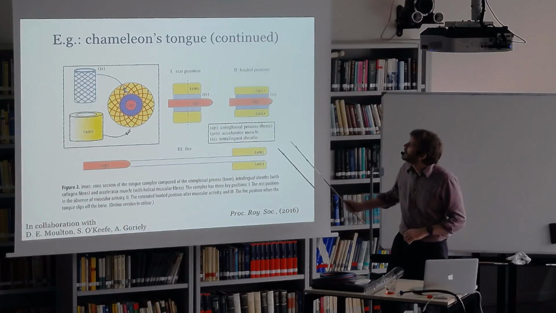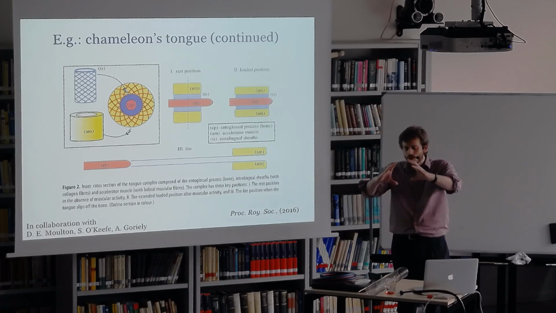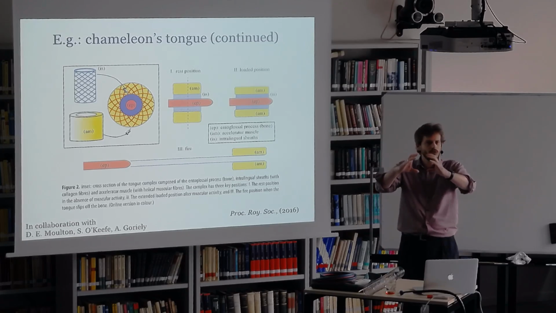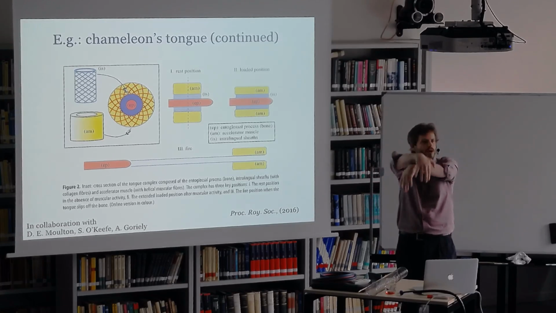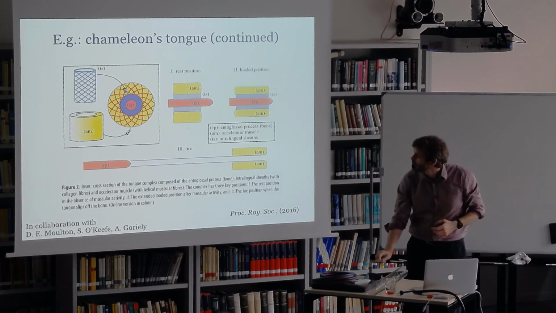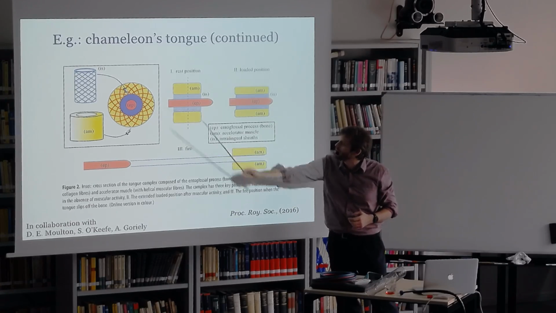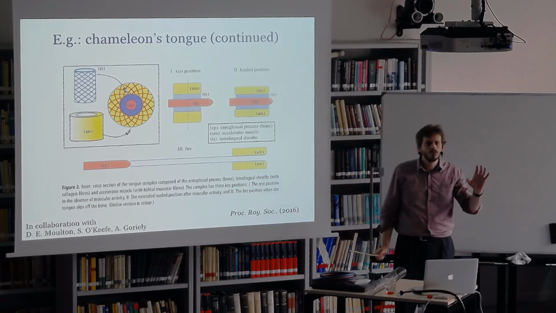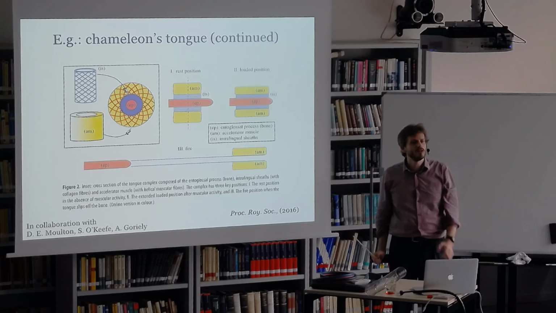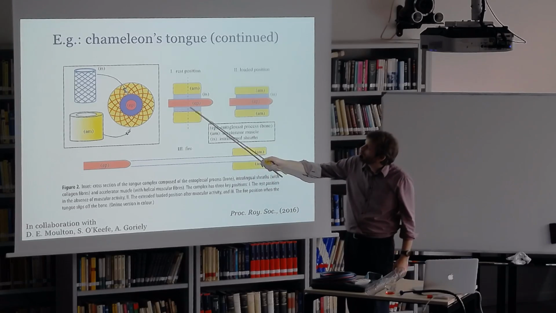Now, we build different models for this, but the short story is that you need to do a 3D model of the accelerator muscles, which is fibrous, with fibers that wind spirally radially. So they dive in. And then, if you try to make a model with only elastic energy in that muscle, you are too low on the speed of the tongue that you can predict. Okay? And the solution is that you absolutely have to add